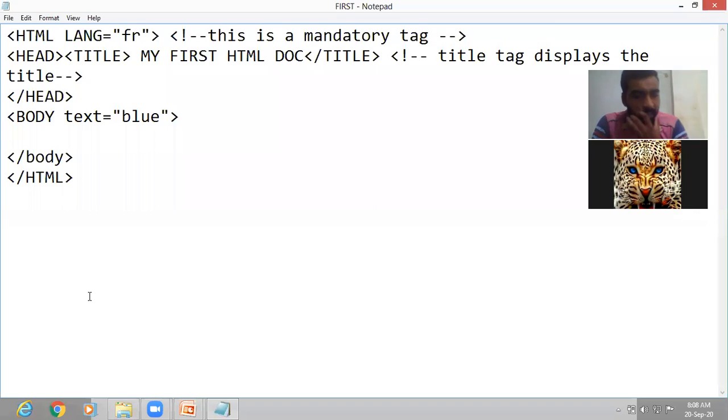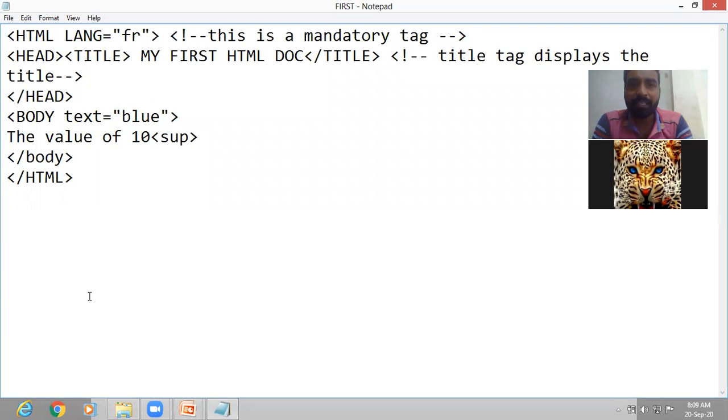Suppose the text is: this is the value of ten, then we write SUP, superscript SUP.